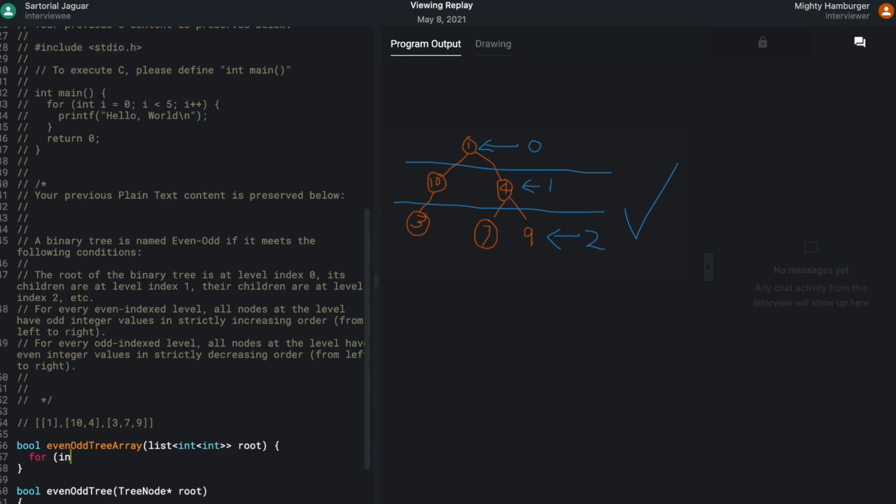The for loop starts at 0, which is head. The for loop ends at list size, because to get the size of the sublists, you call list 0 dot size or list 1 dot size. So this would be root dot size or length. I believe it's just size.